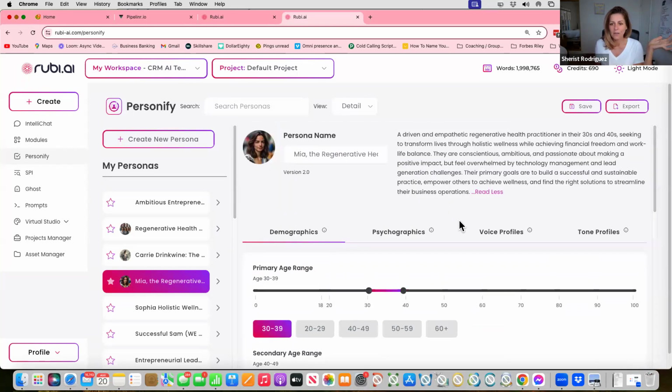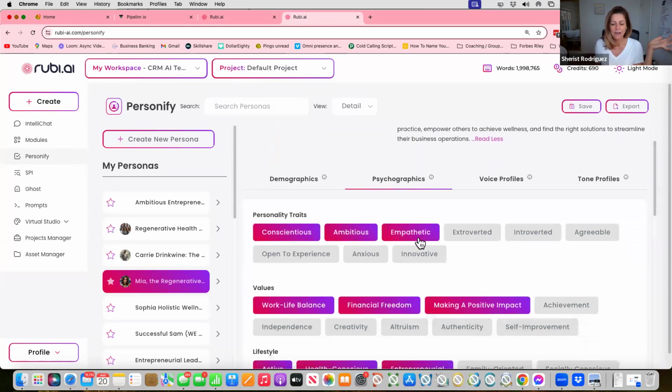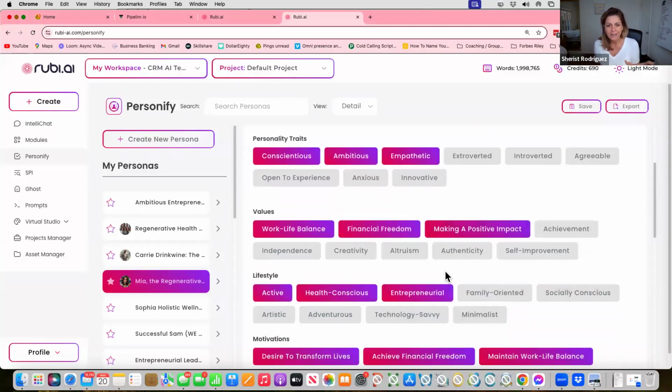I also then, if you come up at the top, the psychographics, this is where no matter what you do now, whether you're using chat or any of the other modules, you're going to want to pull in this persona so that it writes directly to them. So you have all these options. Yeah, you can click more, but sometimes less is better, right? Sometimes less can be more. So I wanted to nail it to these three, as opposed to the rest that are here.